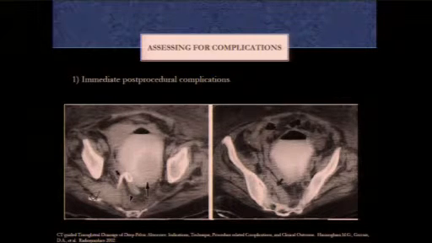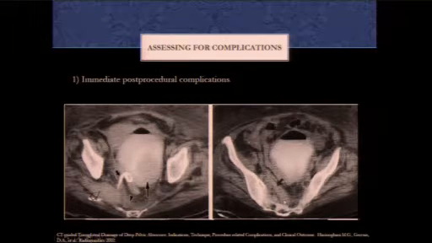So in terms of post-procedural complications, the one you want to look out for is hemorrhage, obviously, in the immediate post-procedural time. So in this case, there's a collection where a catheter has been placed. In this one, they went transpiriformis. And so you can see here that there's a hematoma in the region of the piriformis, and you actually have